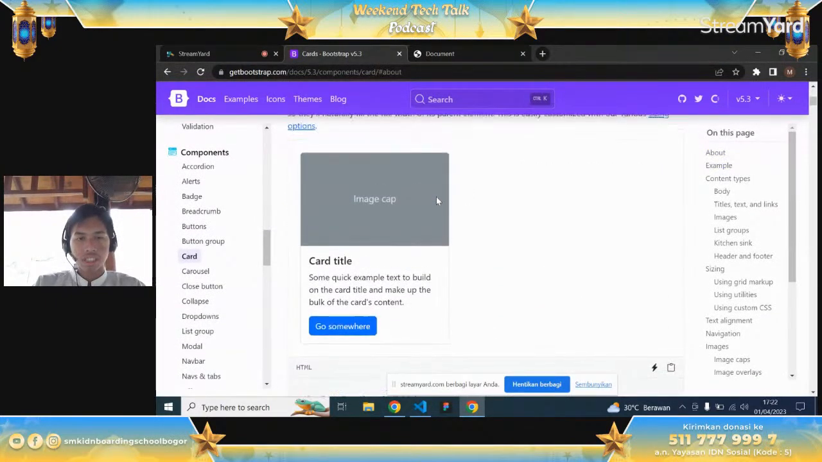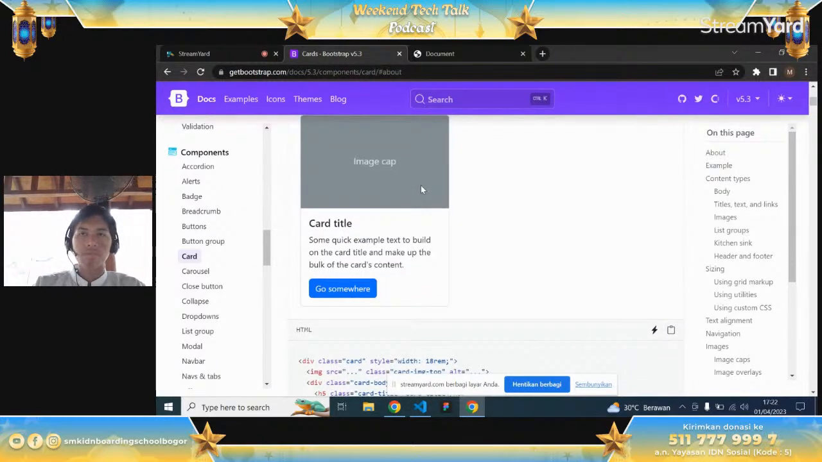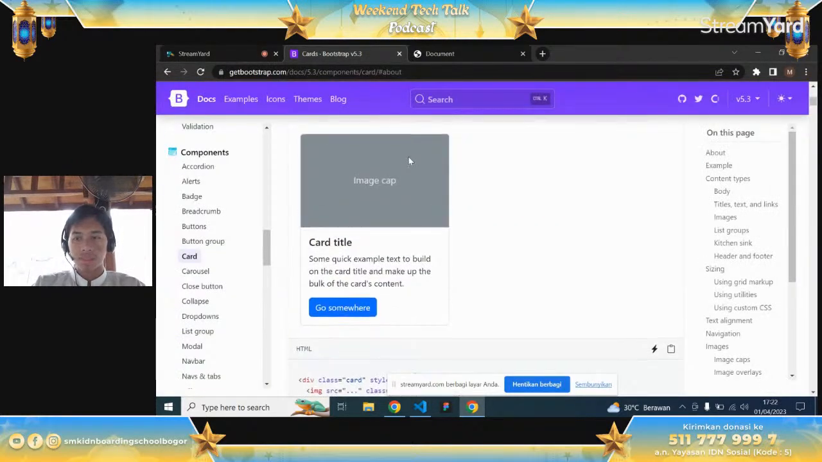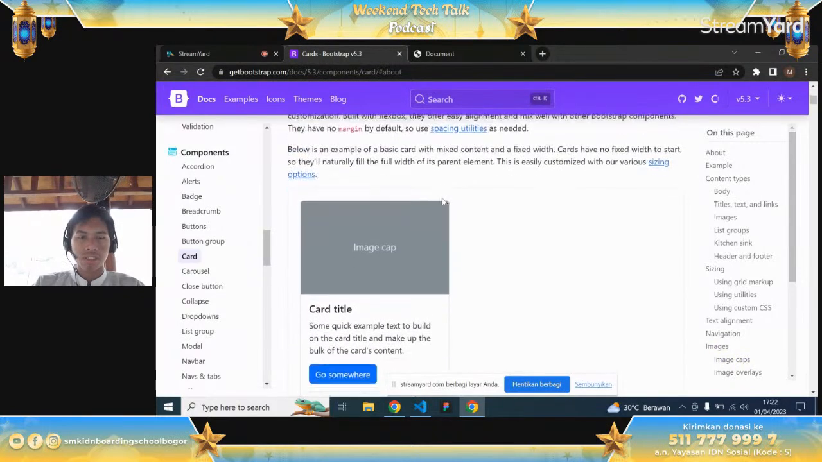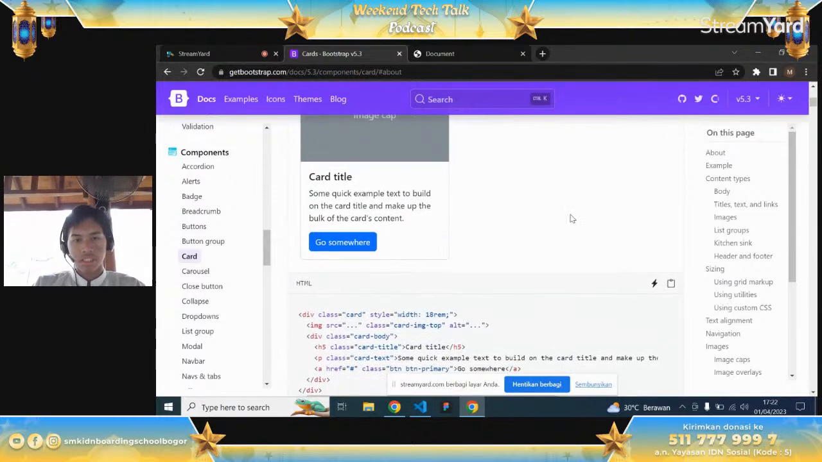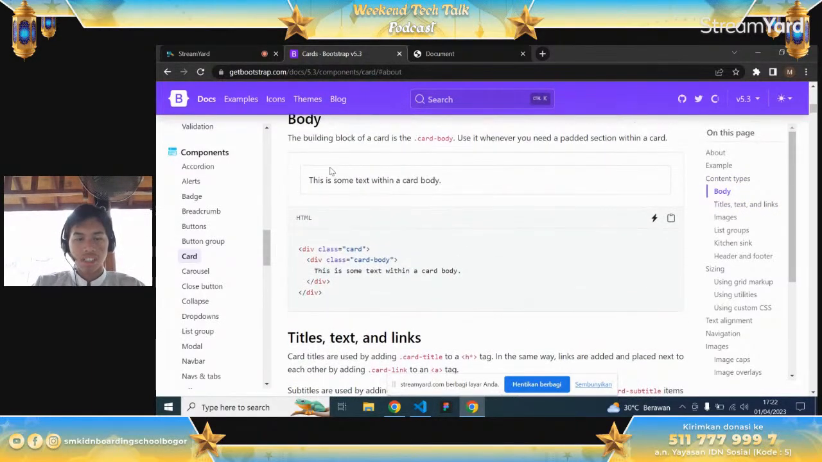So there is a card with image here. In Bootstrap we can just copy and paste because it has its own documentation. We don't need to make everything ourselves, we have the original documentation. We have a card title. This is a text with a card,